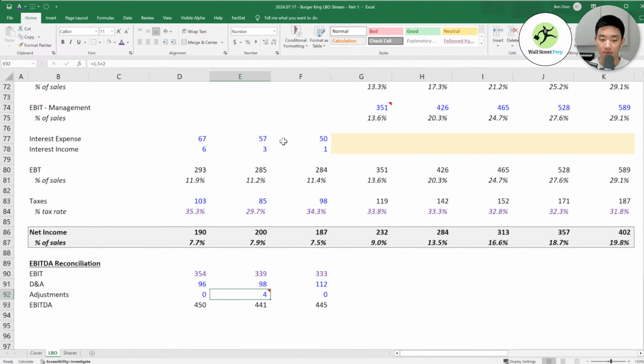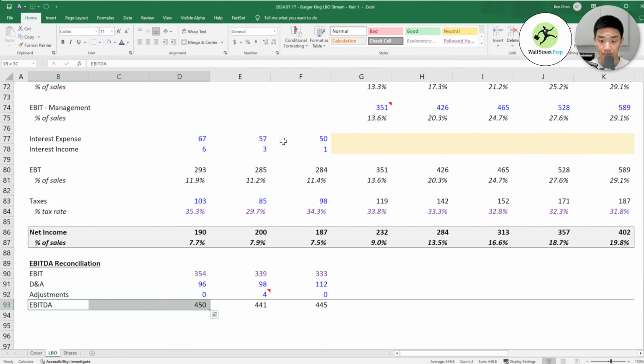So normally, if you were just looking at GAAP, or sorry, it's not GAAP EBITDA because there is no such thing. But if you're just looking at normal EBITDA, then it'd be 4 less, right? And then, as I said, usually these adjustments are a lot more, and you want to account for them as you are building out your EBITDA for your projections, right?